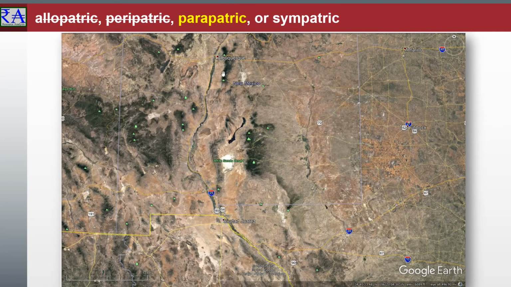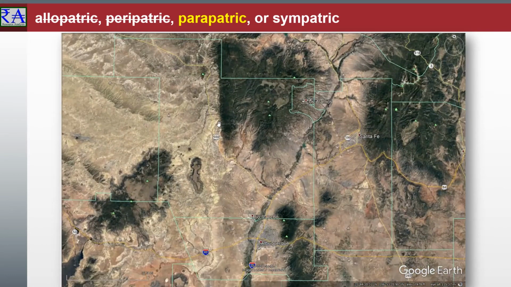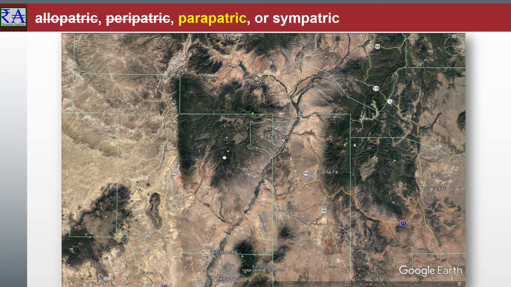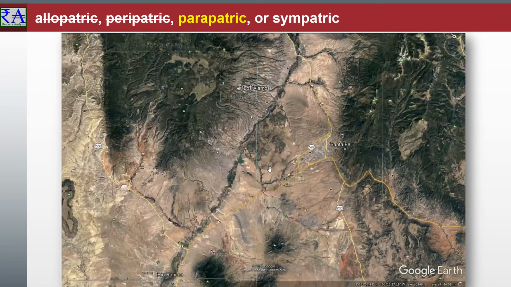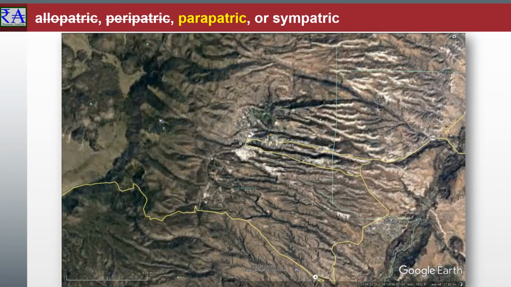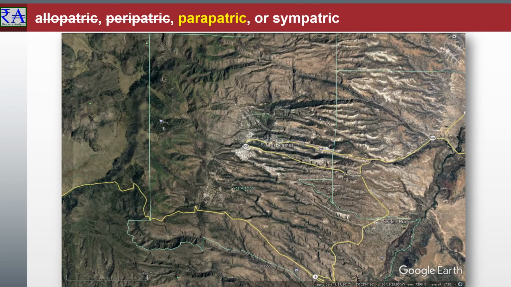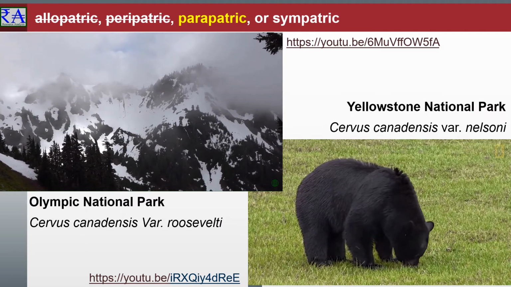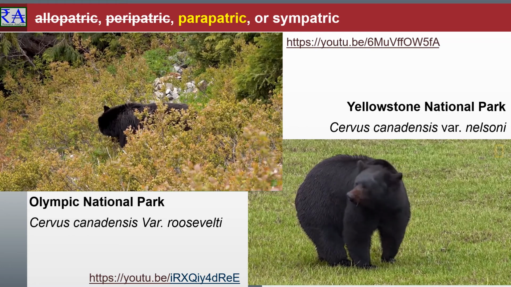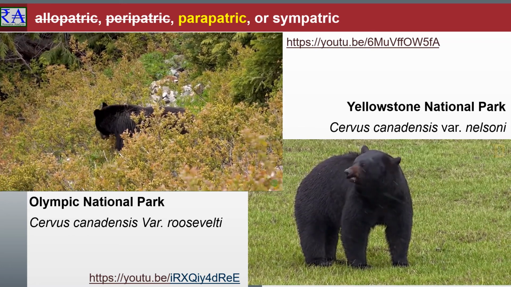In this scenario, we would expect nearest neighbors to share genes and produce semi-viable offspring, but then to see unsuccessful offspring from participants at the far reaches of these subpopulations, like between an elk parent in Forks, Washington, mating with one from Roswell, New Mexico. Their genetic drift is expected to be significant from one another, and their offspring would not be expected to be viable, especially with males. Parapatric speciation is looking like a good option, but we have one more to consider: sympatric.